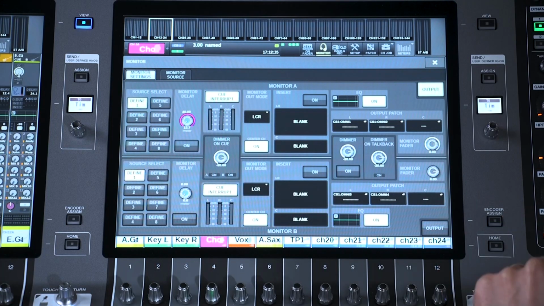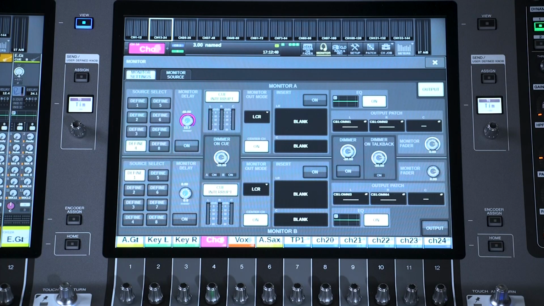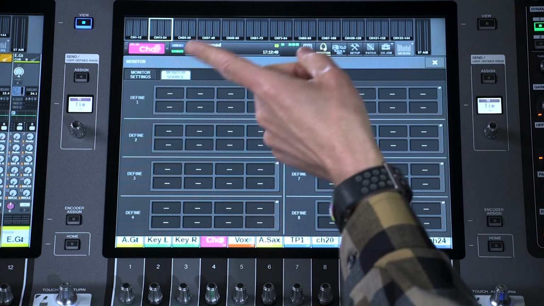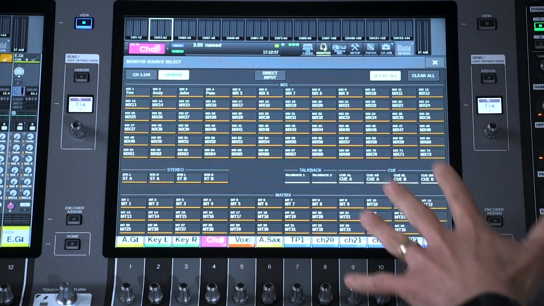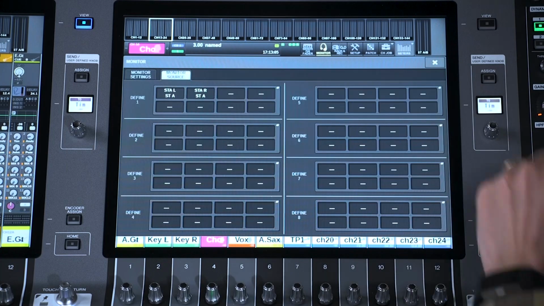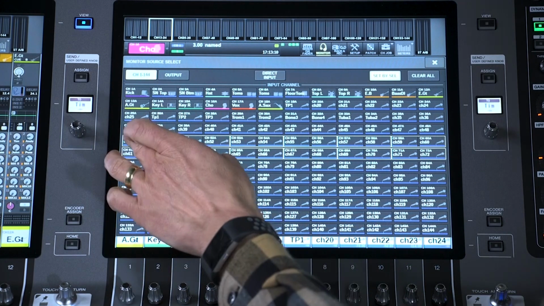You can have up to 8 definable sources for the monitor, and these buttons can be assigned to the user-defined keys on the console for easy switching. Open the Monitor Source tab to choose whatever you wish to hear in the monitors. By default, the assignments are all clear, but up to 8 channels can be summed for each source selection. You may wish to choose just stereo A, left and right, or an input from a live streaming or broadcast feed.